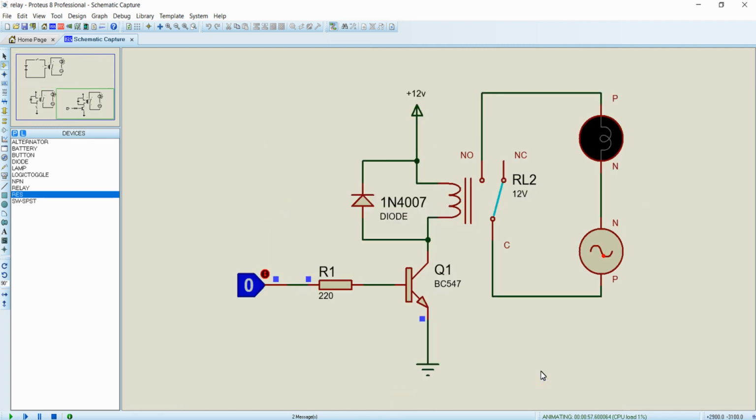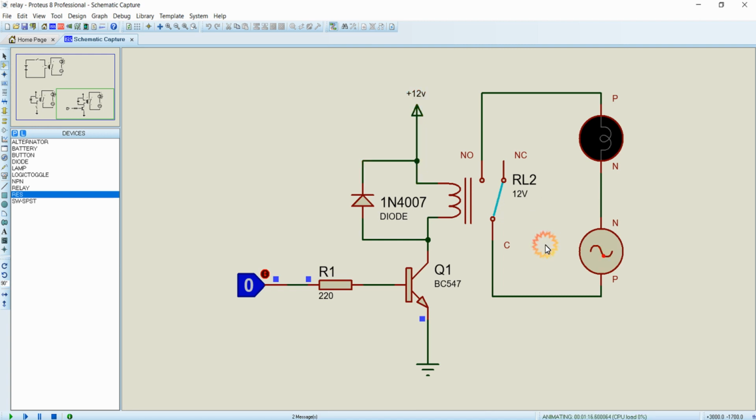And next, we are just going to discuss the circuit that helps us to control these relays with the help of the microcontroller. So this is the circuit. Here you can see this one is the microcontroller pin, and here I am connecting the microcontroller to the base of the NPN transistor BC547 through a 220 ohm resistor, and the collector of the transistor is connected to one end of the coil of the relay, and the other end of the coil is connected to the positive 12 volt rail.